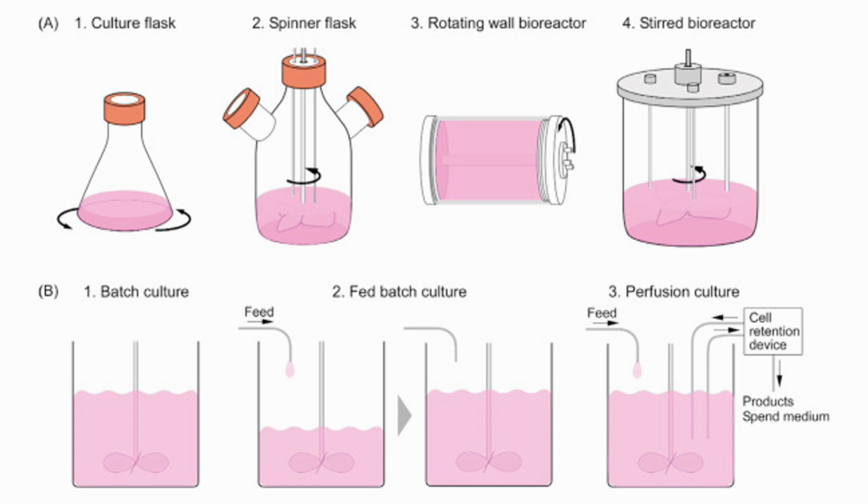Now here you can see from the top, on top left, a culture flask. You have a spinning flask, number 2. You may have a rotating wall bioreactor. It will depend on what is the best practice in order to do the cultivations. You can have a stirred bioreactor, because here, for example, we need a higher level of gas, so we have to stir that suspension. Of course, we have a batch culture. We have a propeller as well, a mixer in that container.